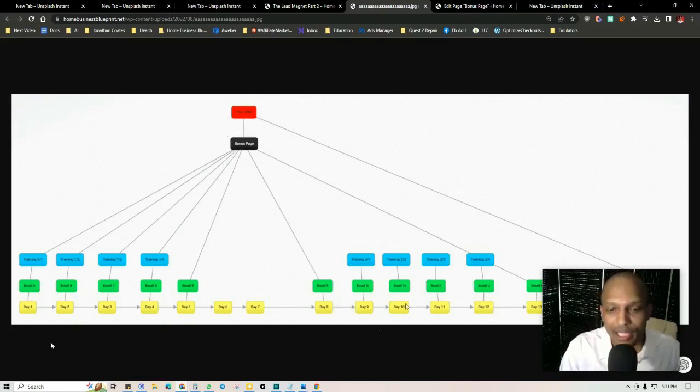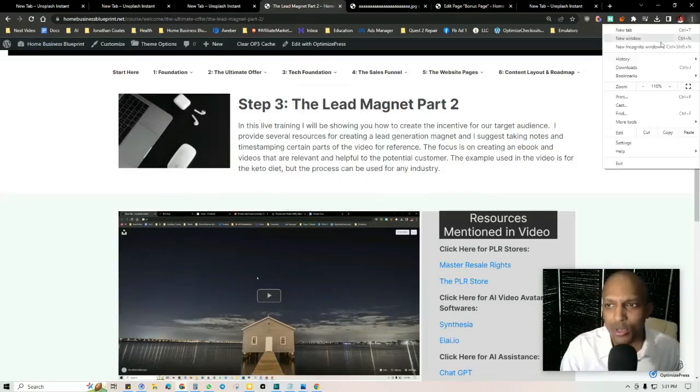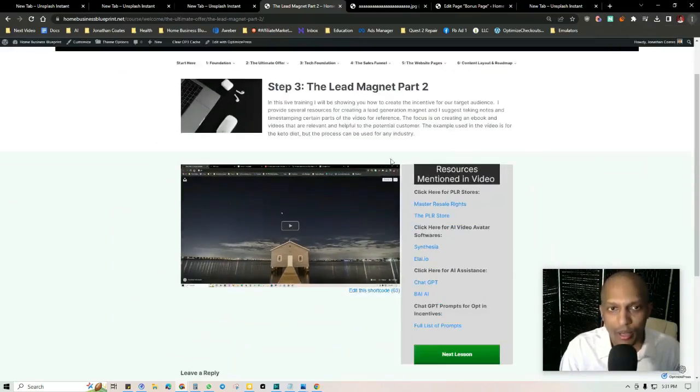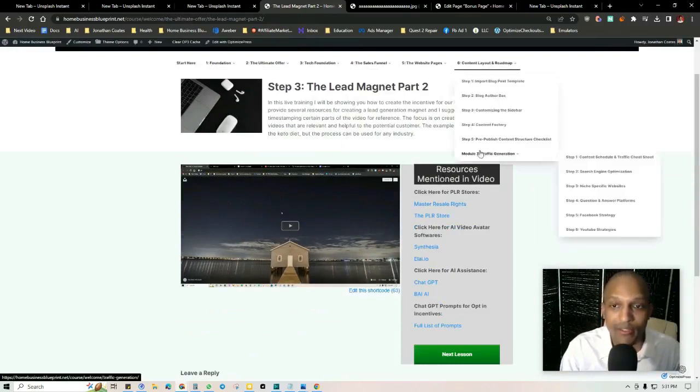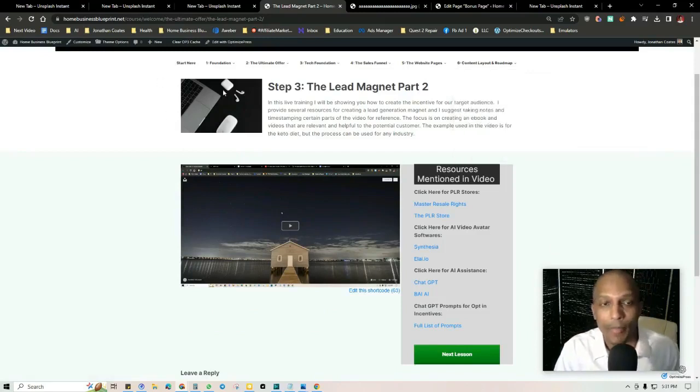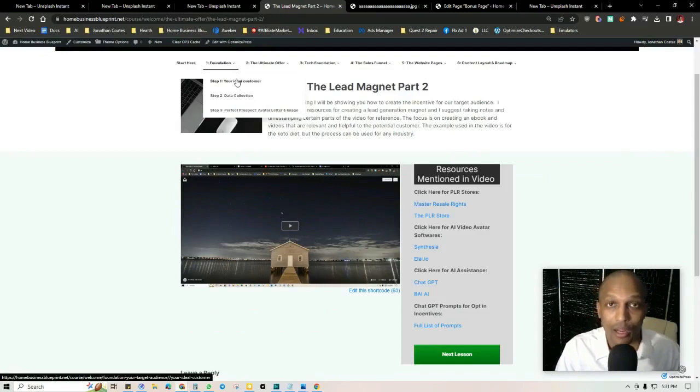And then we even have a second chapter to this entire blueprint. So I'll show you how to do that in this course. Let me go ahead and zoom out real quick, but you have 7 modules in total, and then you only see 6 up here, but the 7th module, which is what most people are excited about, is the traffic generation module. So once we have our entire business set up, we've got the foundation, we've identified our ideal customer,